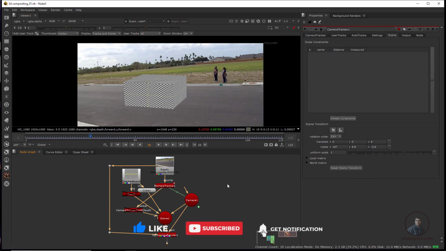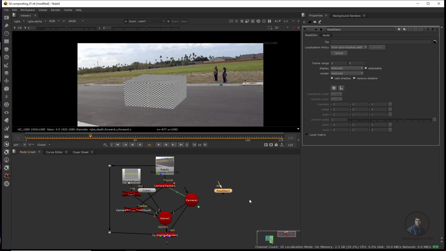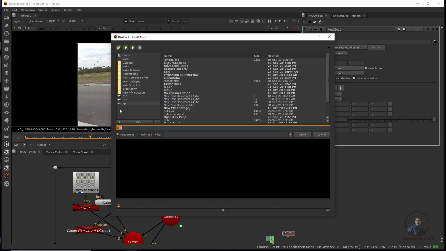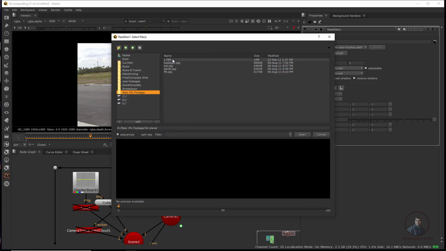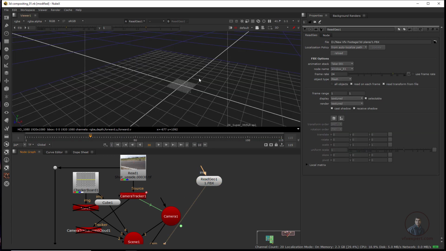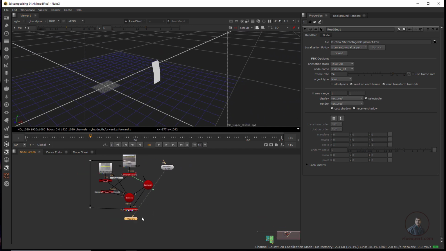Now suppose after this, if you want to import any 3D models in Nuke also, then you can import. So simply click on 3D geometry and click on ReadGeo. So with the help of ReadGeo you can import 3D models. Then double click here, then in files, click here and select your folder and 3D model, a 3D plane here. Okay, so this one I am going to take. So this is our FBX model. So select and simply click on open here. Now select this one and press 1 here and press F here. So now here you can see, adjust it a little bit here like this.